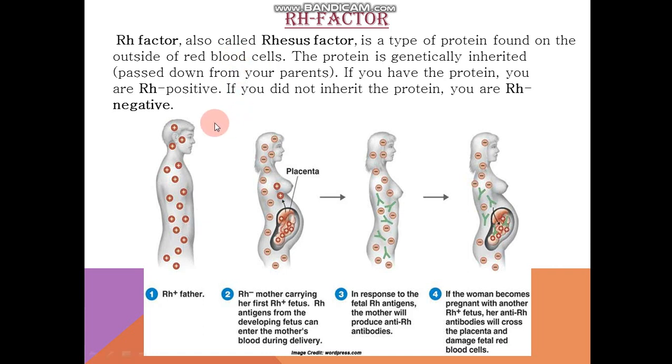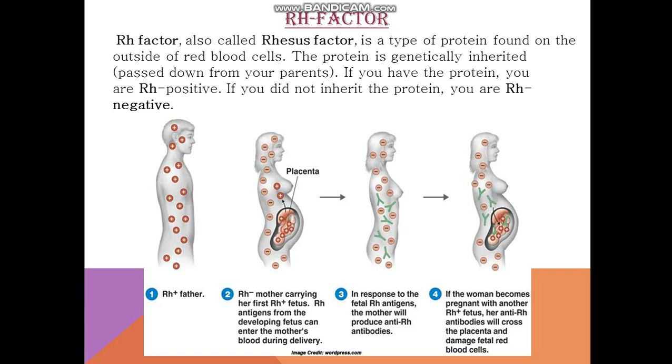Here the father is Rh positive, the mother is Rh negative. You can see negative written on the body. So what happens in the first pregnancy? In the first pregnancy, the fetus is Rh positive, because for being Rh negative, you remember the child has to possess small r together, but that is not the condition. So the child will either contain both capital R's or one capital R and one small r, depending on the genotype of the father.